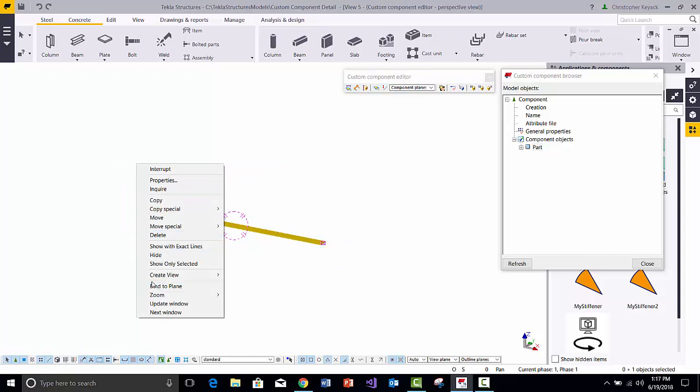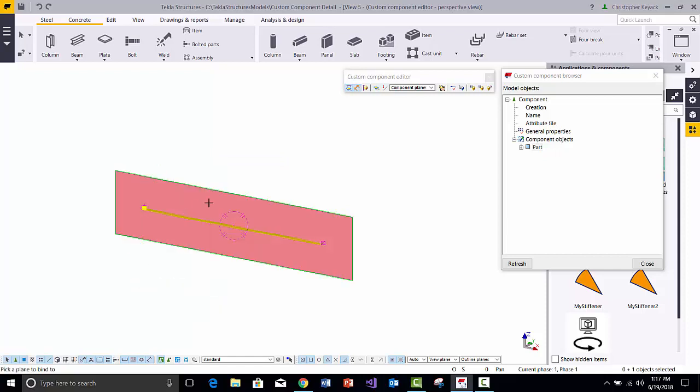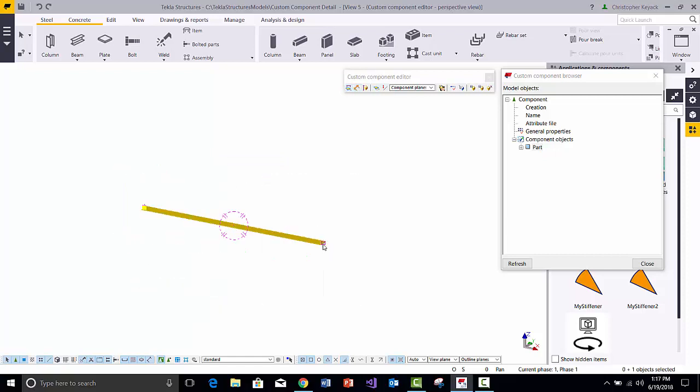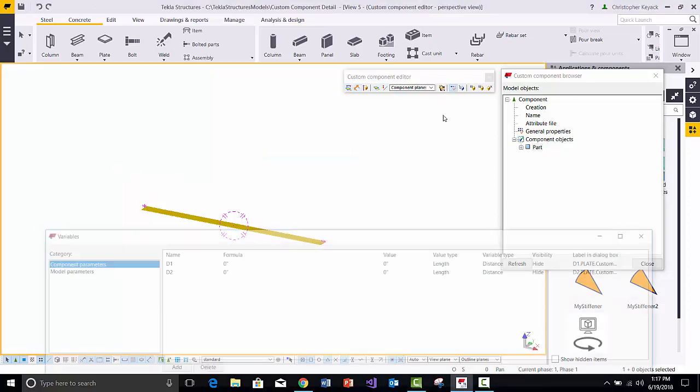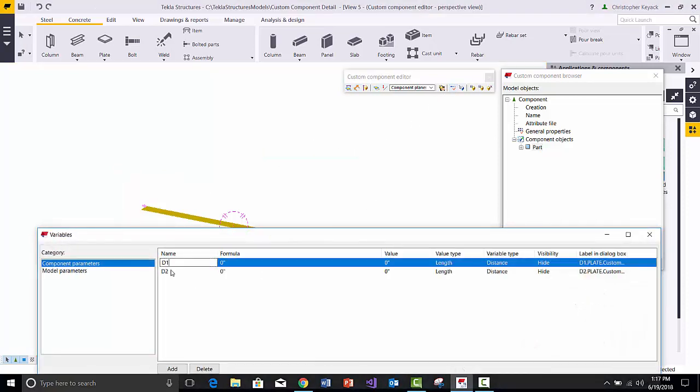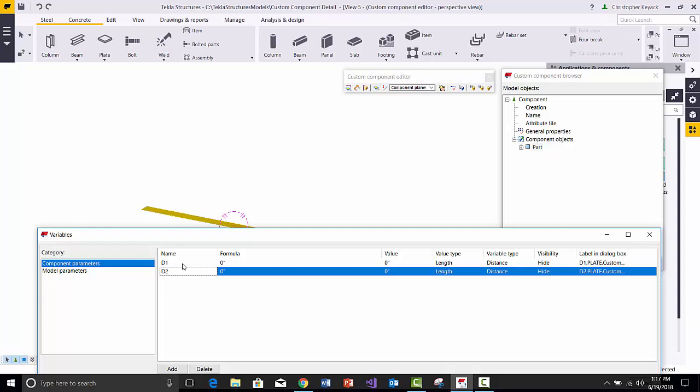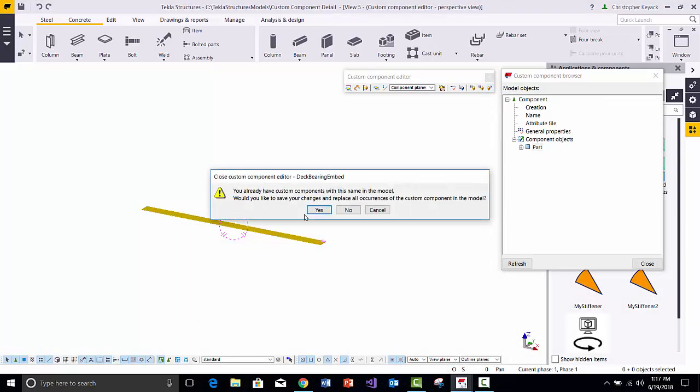Now I'm going to bind this first point to the left plane. Then I'm going to select the second point and I'm going to bind that to the second picking point plane, or this end plane here. Now once that's done, in the variables list, I'm going to see two bindings here, which are the distances, and they're both at 0. Now if I close out and go back to the model,